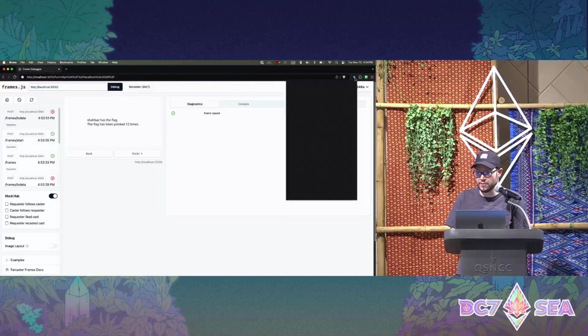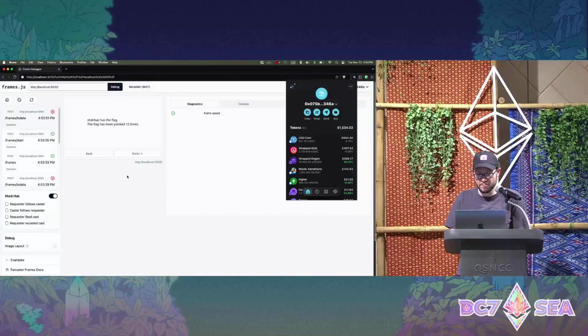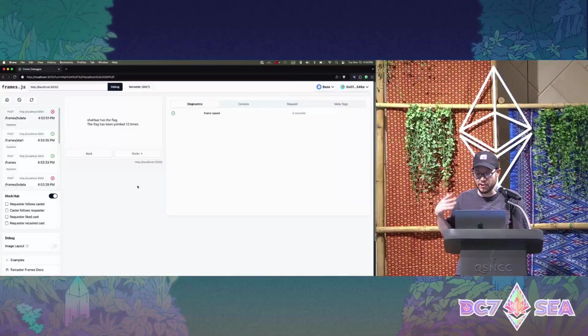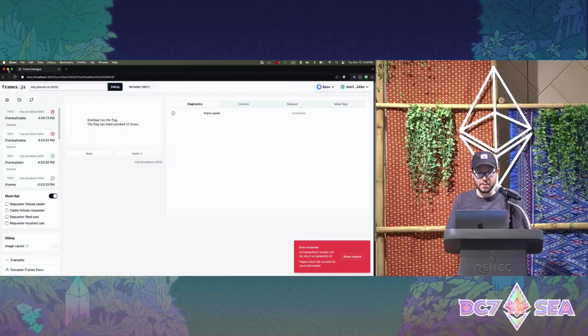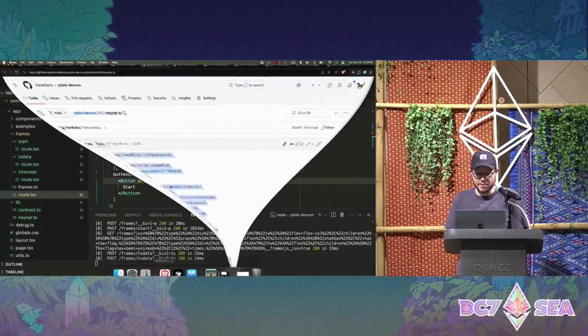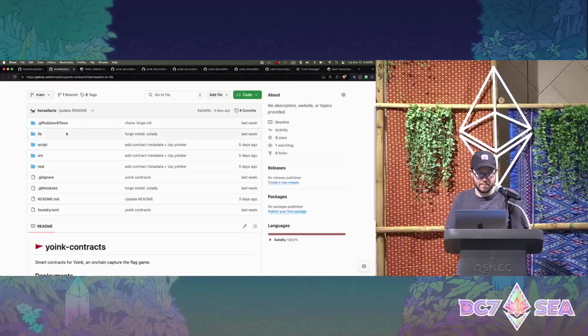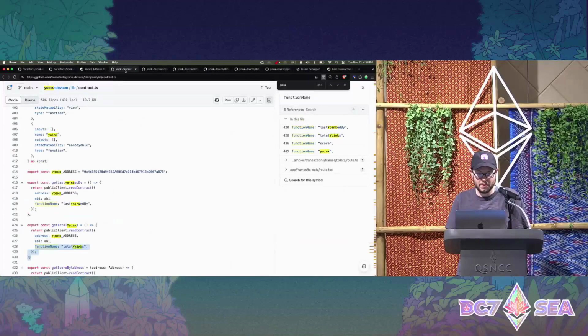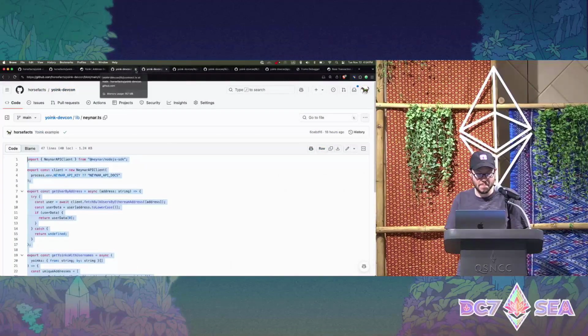So I recently called yoink with this address, but right now I've been rate limited, right? I can't yoink for another 10 minutes. So we're not handling that well right now, right? This is just crashing. So let's catch that custom error from the contract and display a nice message back to the user.